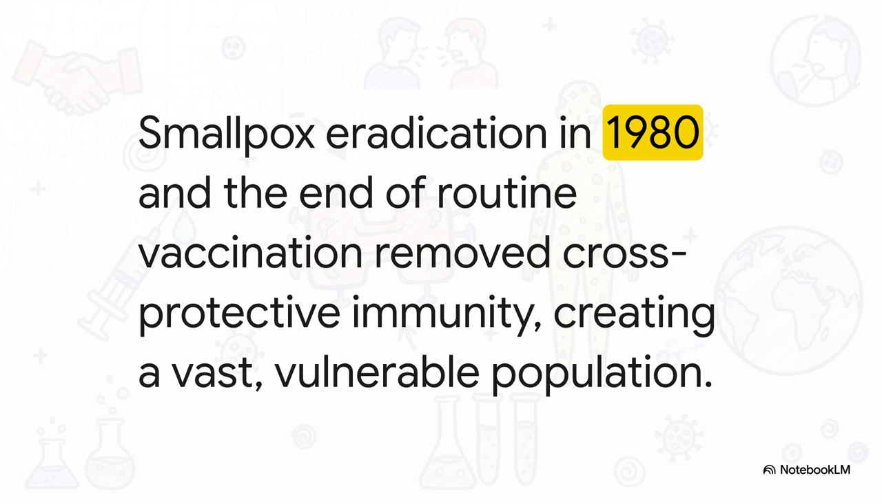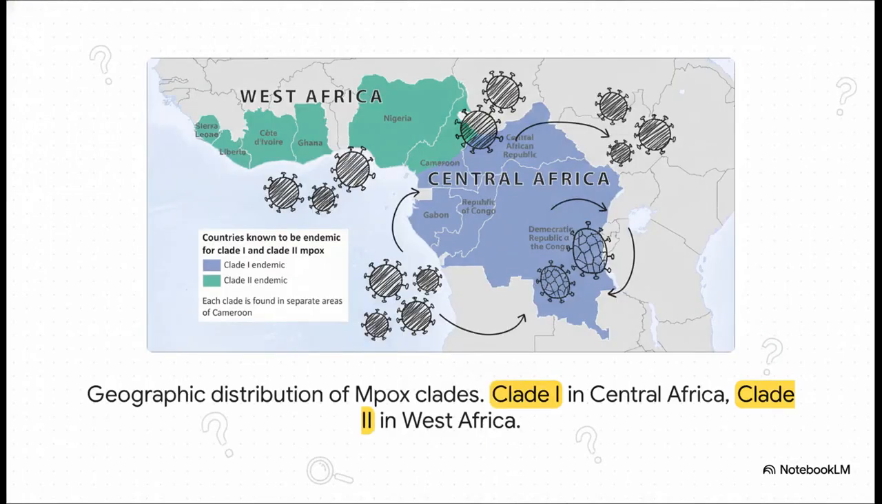Whole generations grew up without it, creating this vast immunologically naive population, which is just the perfect environment for a forgotten virus to make a comeback. And it is absolutely essential to understand that this virus isn't monolithic. It's not just one thing. As this map shows so clearly, there are 2 distinct lineages, or clades. You have Clade I, which is endemic to the Congo Basin in Central Africa, and then you have Clade II over in West Africa. This geographical and genetic separation is fundamental to understanding the 2 emergencies we're about to talk